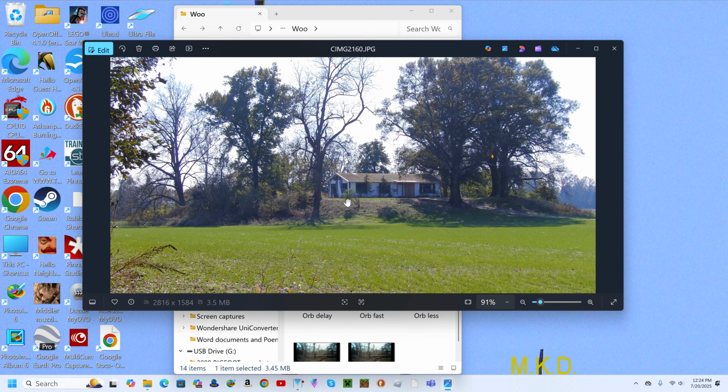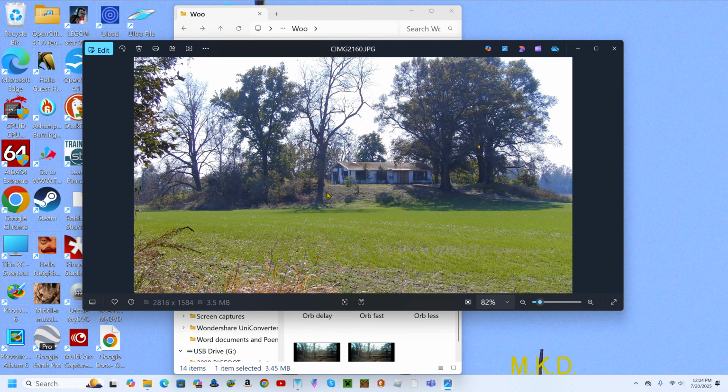Like I said, this house caught fire and burned, and no electricity hooked up to it. The bigger mound is just out of view to my left there. It's huge.